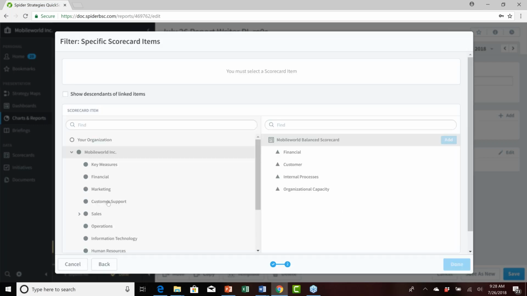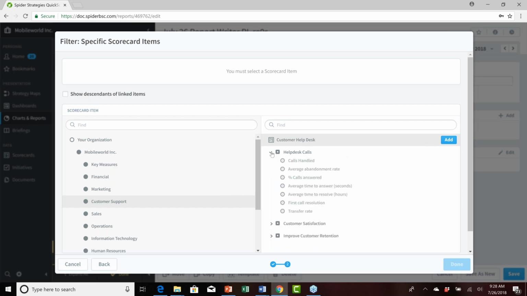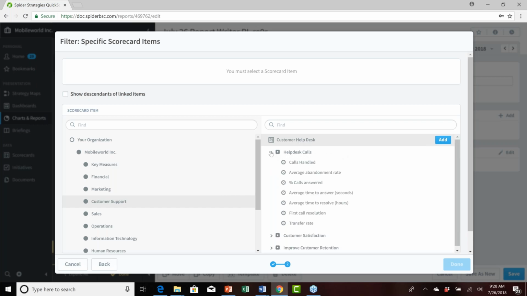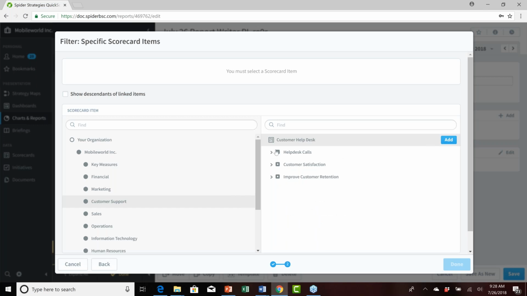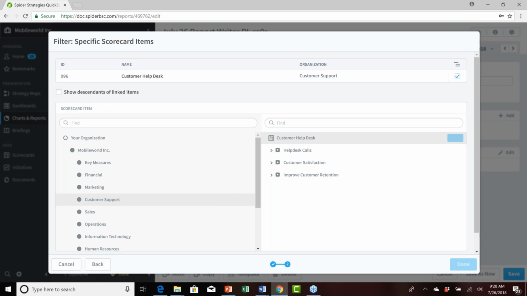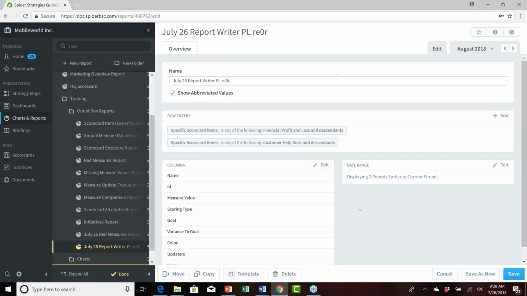In this case, we have a customer support organization on the left, which of course has its customer help desk scorecard and the underlying themes and measures within it. I would like to add this customer help desk information to this report. Now, if I click add and then click done, you see that there are now two filters defined